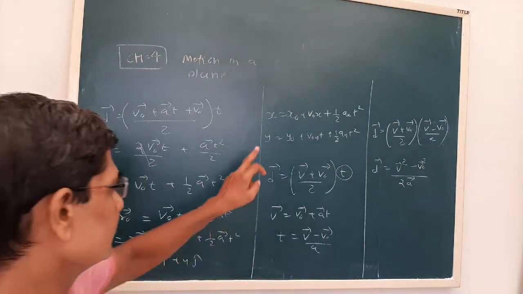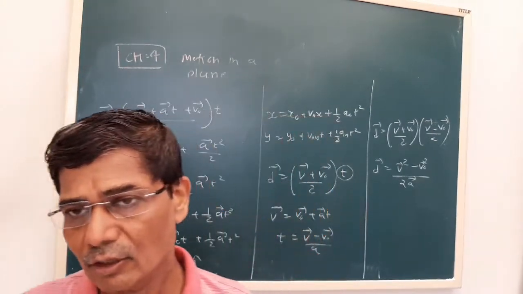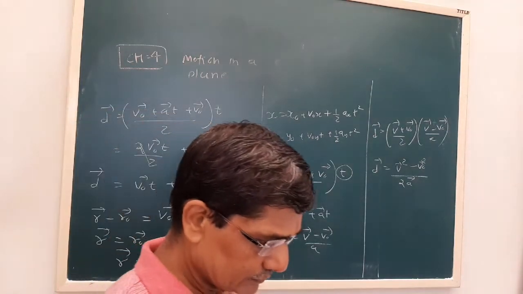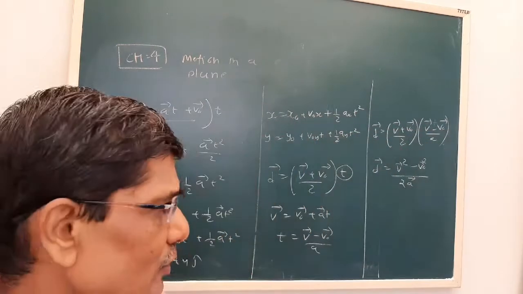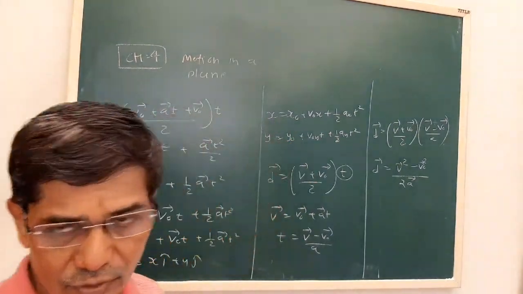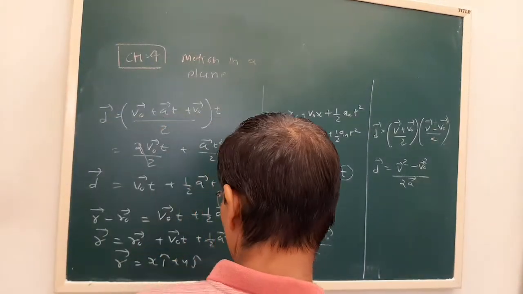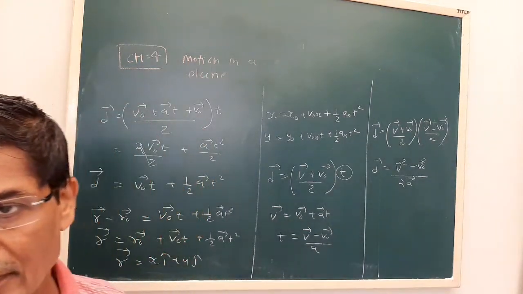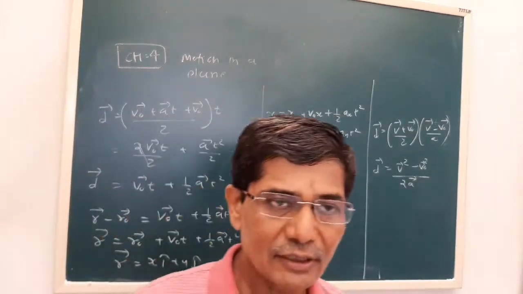So what we see here, x and y. This uniformly accelerated motion in a plane, or in two dimensions, can be represented as two independent motions. What are the two independent motions? One is in the x direction, second is in the y direction. So we can obtain the x component of the final position, and we can obtain the y component of the final position. This is how we can derive the kinematic equations of a plane, that is in two dimensions, with uniformly accelerated motion, or we say with constant acceleration.